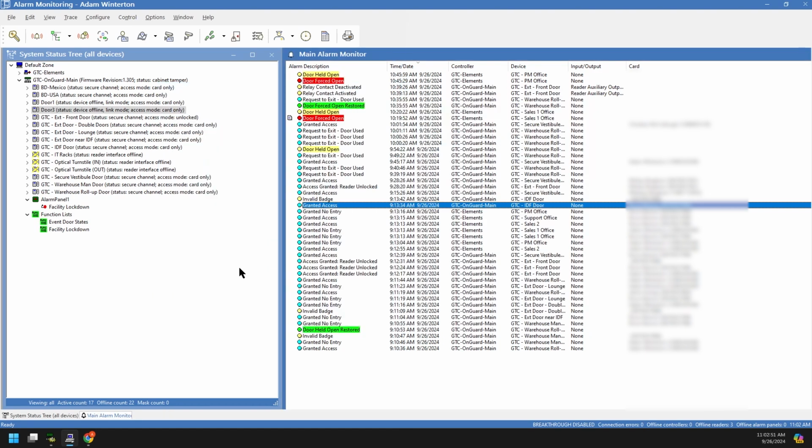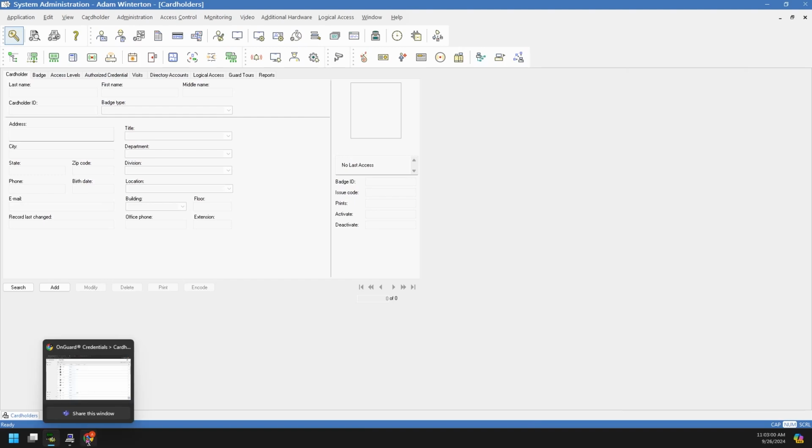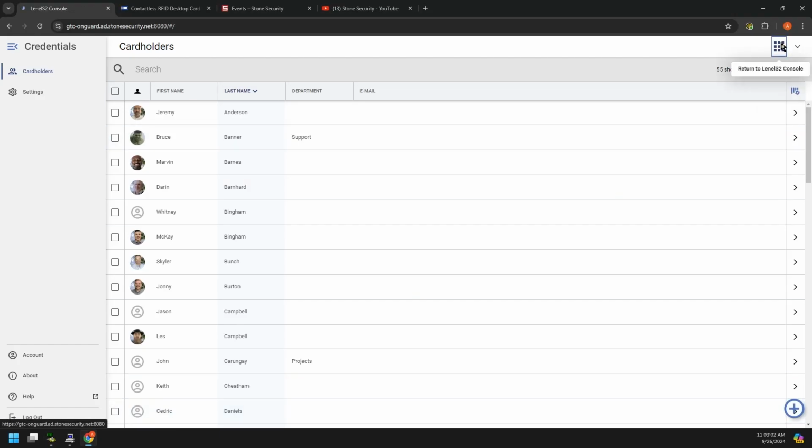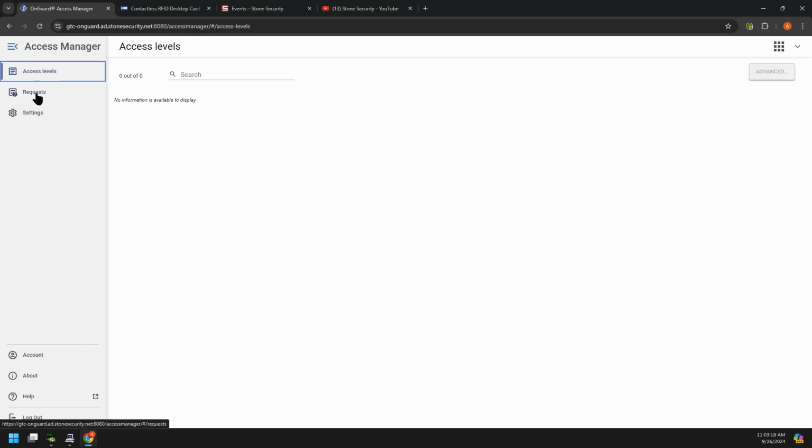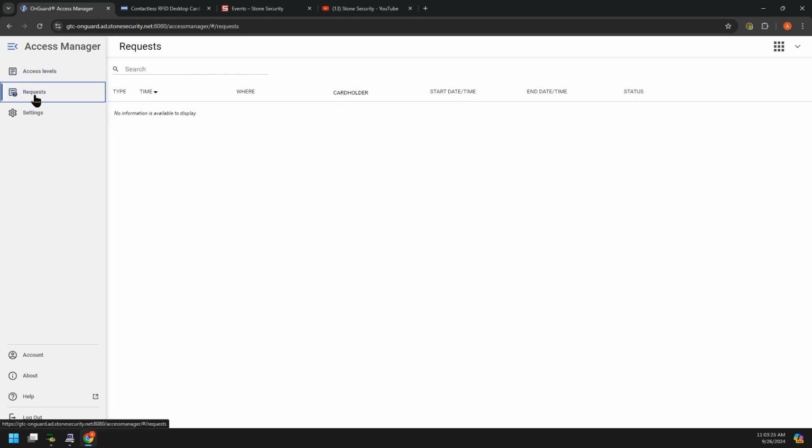To create access levels, the only place to do that is within system administration. There is a web console called Access Manager, with access levels, access requests, and settings. I don't think you can create access levels from in here. This is more like if you use self-service card holders, which is a license add-on, or if you use visitors,